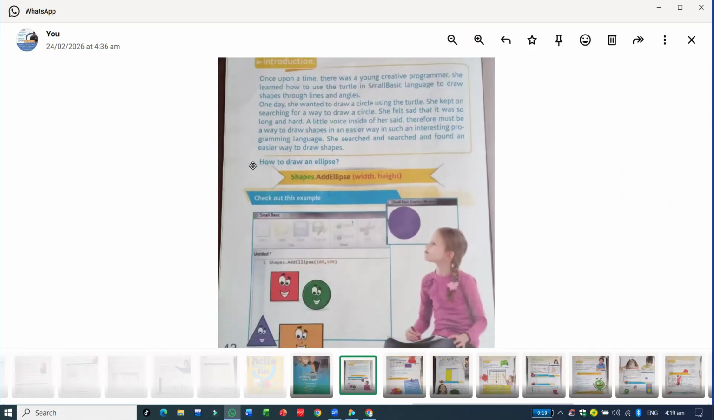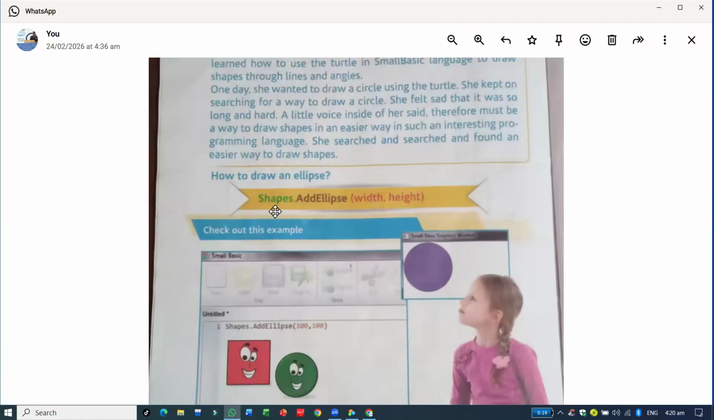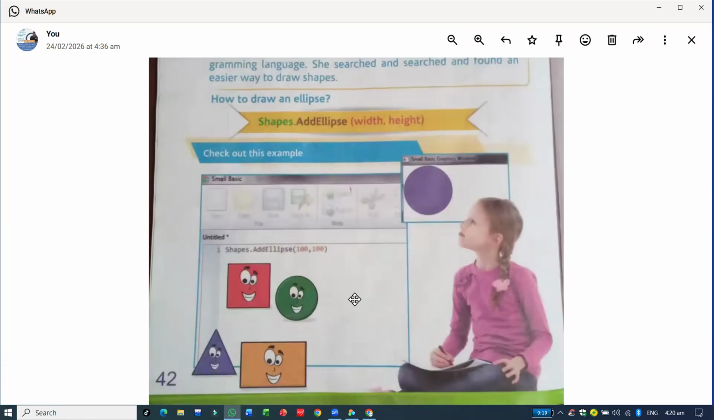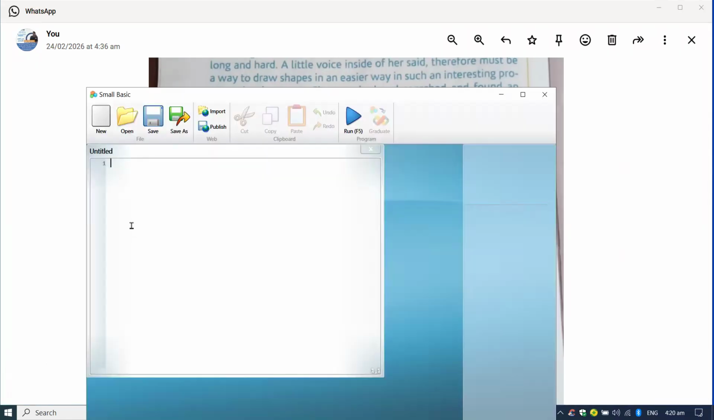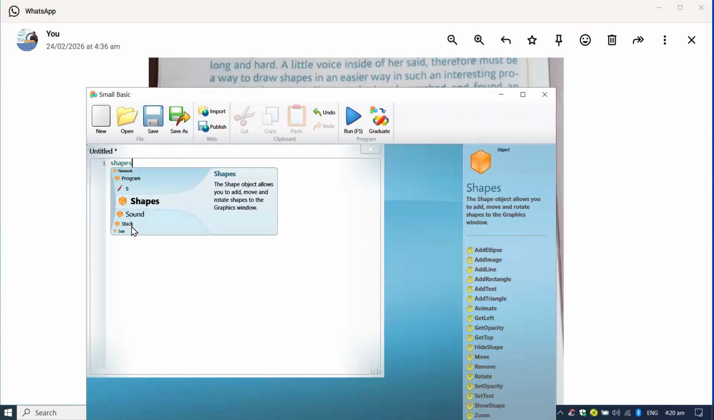So our task is how you will draw an ellipse. So just focus on that command. You will write it as it is shown in your book. So open page number 42 in your book. Here we have some commands to draw a circle or an ellipse, an oval shape. So let's take a look. First, you will write Shapes dot